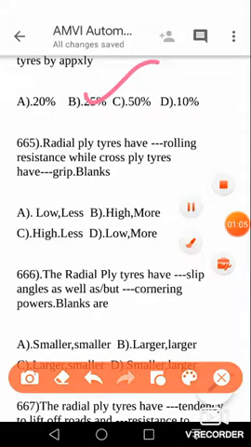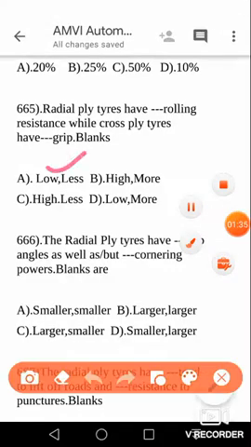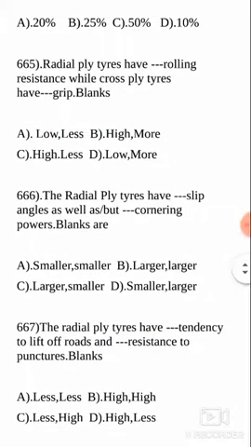Next question: radial ply tires have dash rolling resistance while cross ply tires have dash grip. So what are the blanks? Is it low and less? Is it high and more? Is it high and less? Is it low and more? It is low and less. It is first, the answer is 1. So radial ply tires have low rolling resistance while cross ply tires have less grip. Please remember these keywords so that you can answer any other related question with the radial ply tires and